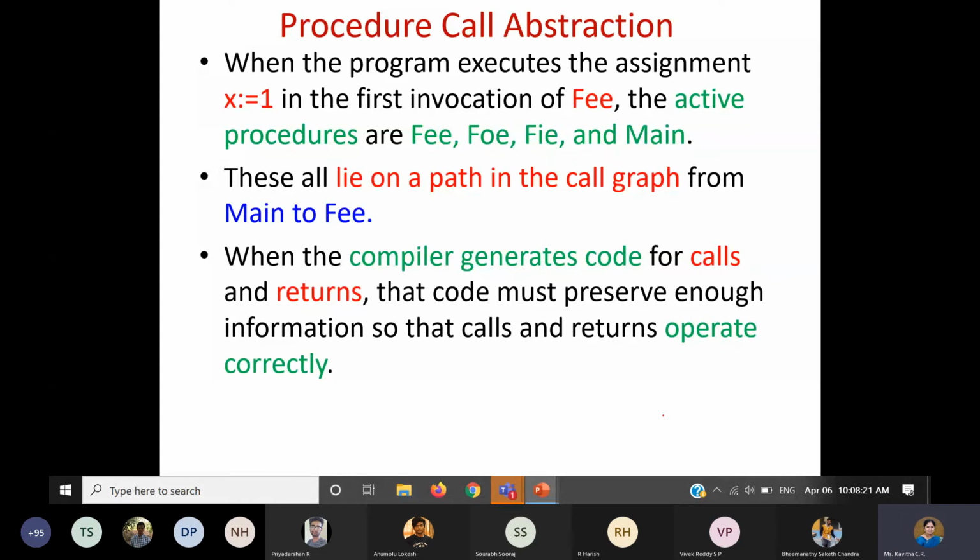Later I will tell about the caller register and the callee register. There I will explain the importance of how to use these registers, when it is essential, and at what point these things are required. I'll cover that at a later stage. At this stage, you have to understand that whatever information you have with respect to any procedure needs to be preserved.